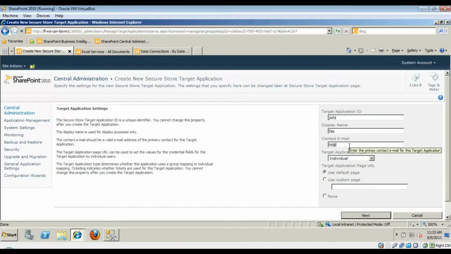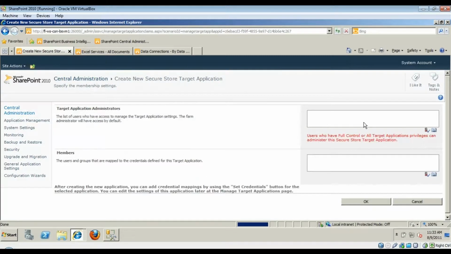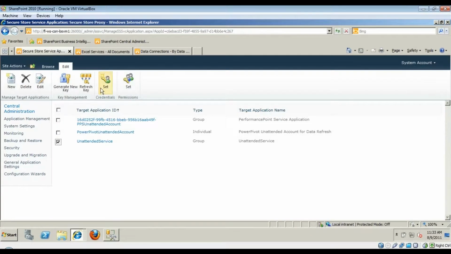and the real thing that we want to show you here is, let me just see if I can get to it real quick. The real purpose of this is whenever you go to fill out this screen right here. You tell it what you want to put in. You want a Windows username and password, and then you can actually map users to it. So you have to be a member of this section right here in order to be able to use it. So I'd have to insert my account here